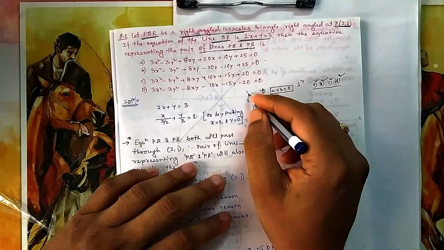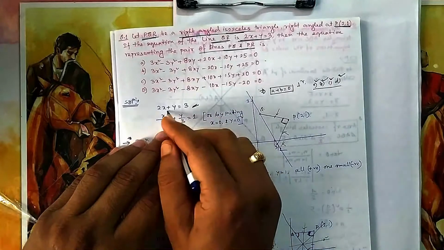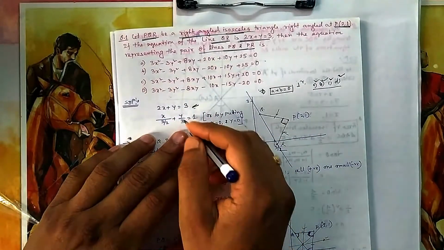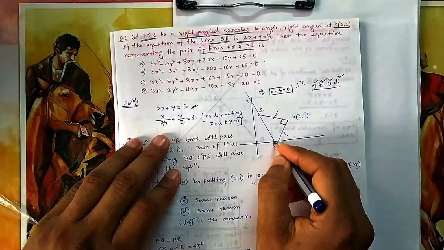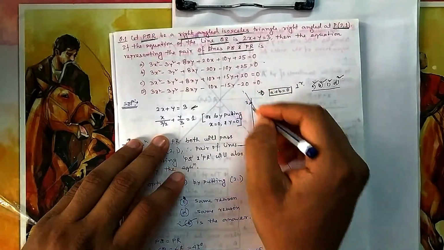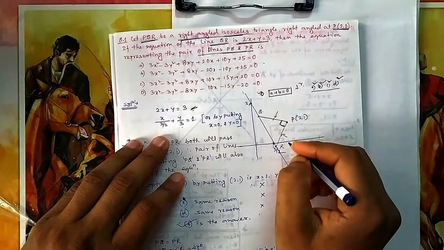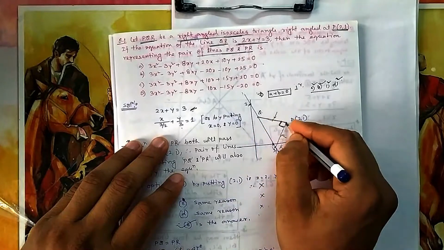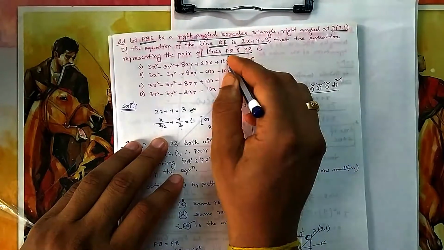So let me draw this line. This is 2x + y = 3. If you write it in intercept form, I told you how to do it shortcut-wise, dividing by 3. So it is y/3, and x is 3/2. So let's mark 3/2 here and 3 here. Let us draw this line. This is the line QR, and P is the point (2, 1). Because it is right angled at P, this angle is 90 degrees and these two sides should be equal.